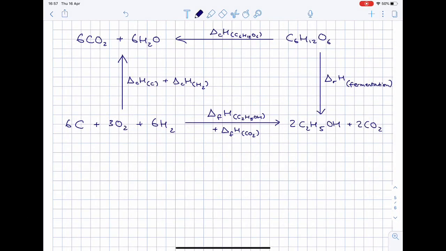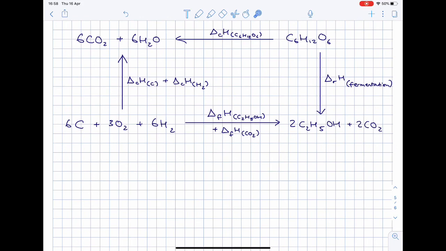So understanding how Hess cycles can be constructed and why the arrows point where they go, you could construct a bit more complicated Hess cycles, something like this. So here I've got a cycle where I could potentially work out the ΔH formation of ethanol from its elements, which we can't do experimentally, but we can use a Hess cycle to work this out by using experimental values. So I could find the ΔH of reaction of glucose to form ethanol and carbon dioxide, which is fermentation, experimentally. I could find the ΔH of combustion of glucose to form carbon dioxide and water, so we know this value